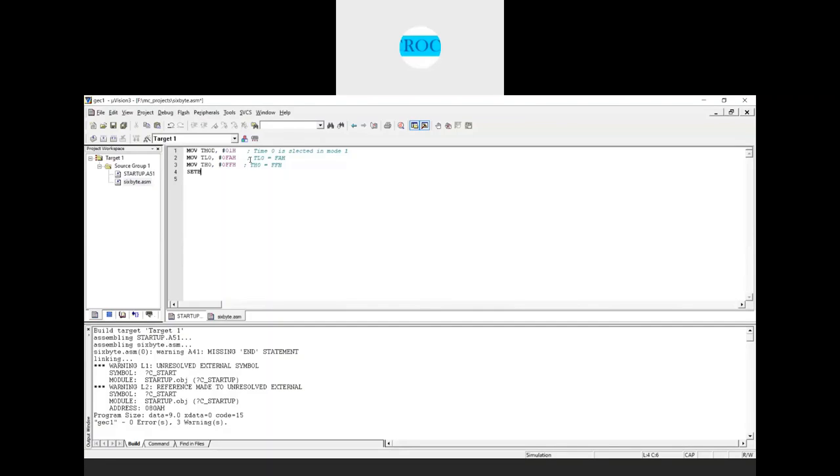To start the timer, use the instruction SETB TR0. Why is it TR0? Because it is timer 0 that we have. You can write the comment as start the timer 0. Next, which instruction do we have? JNB TF0, because timer 0 is selected, comma,